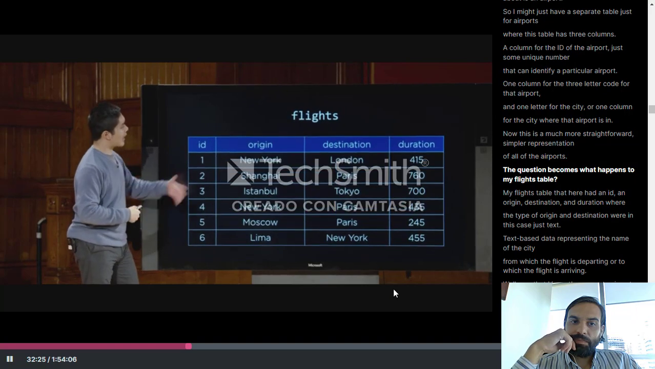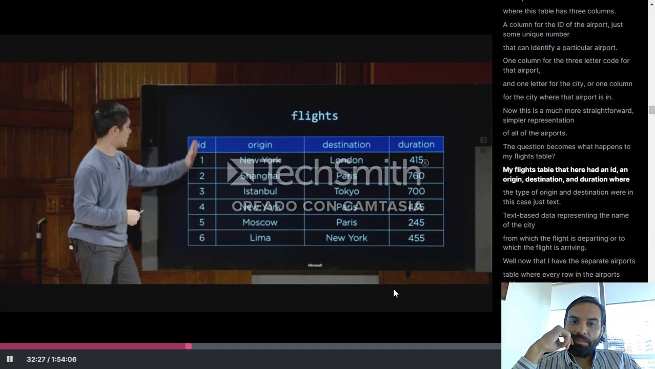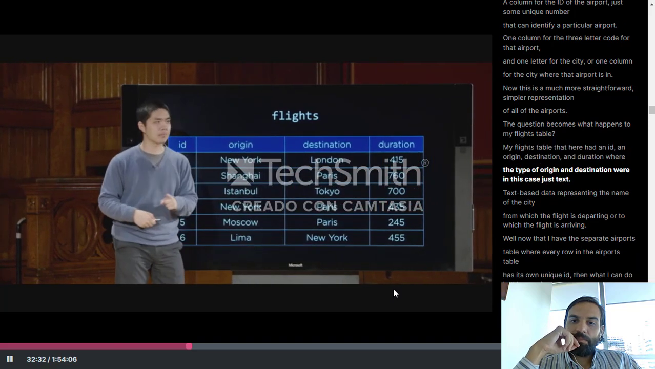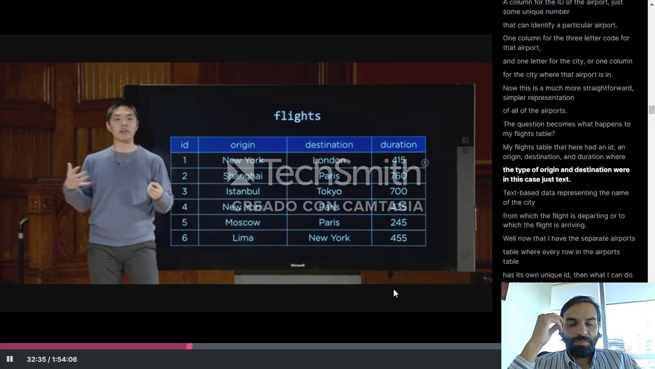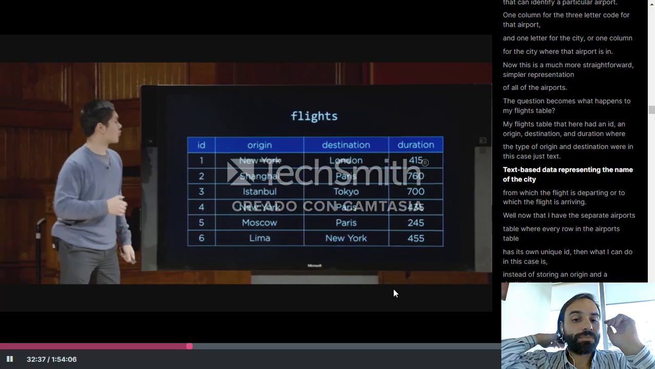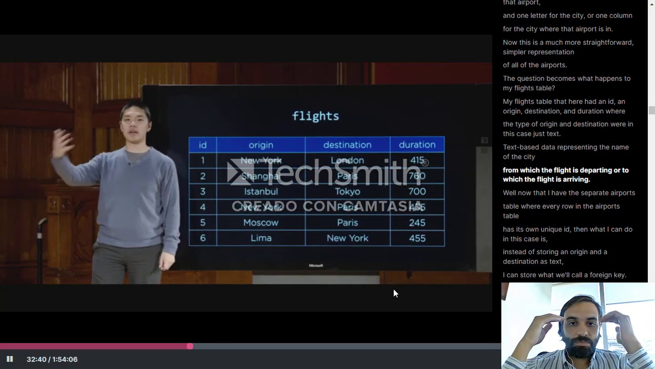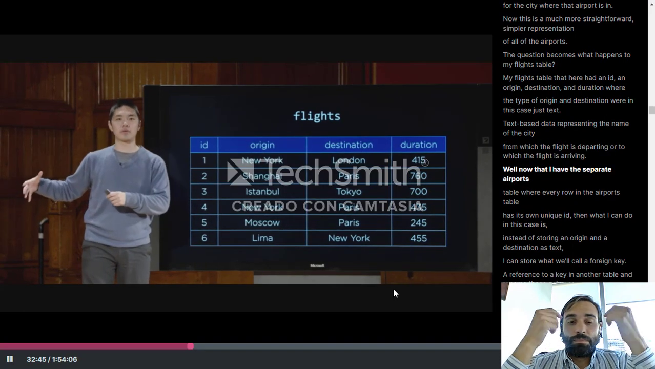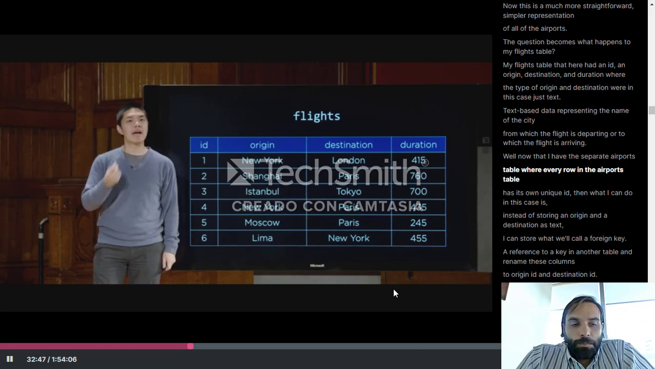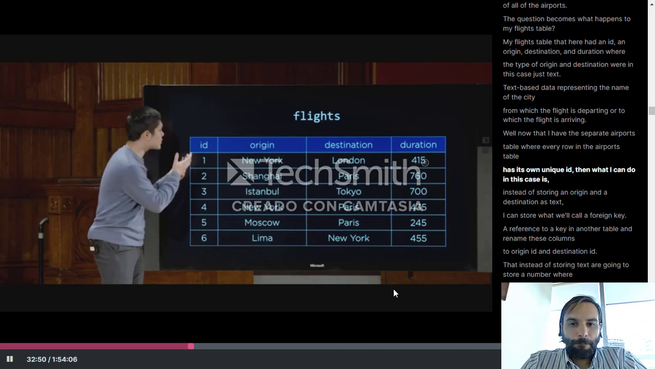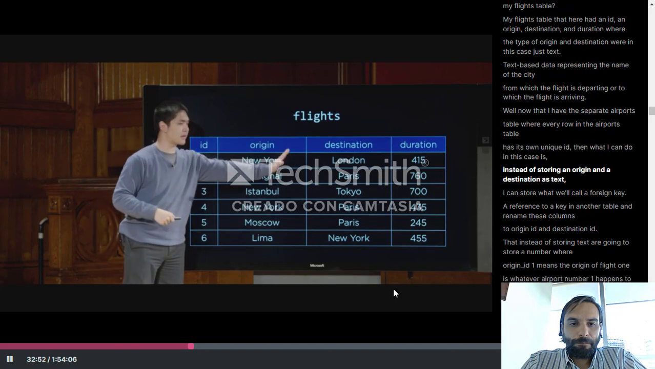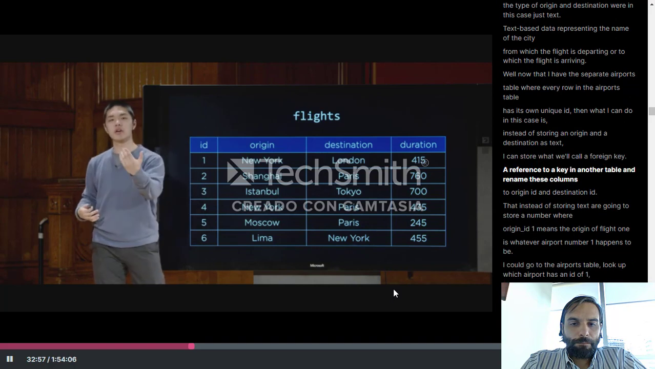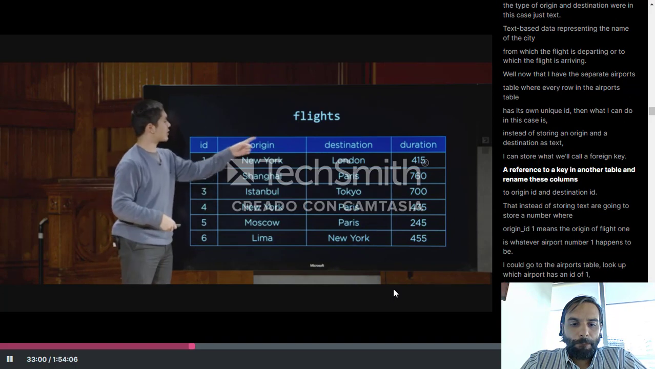And the question becomes, what happens to my flights table? My flights table that here had an ID, origin, destination, and duration, where the type of origin and destination were in this case just text. Text-based data representing the name of the city from which the flight is departing or to which the flight is arriving. Well, now that I have this separate airports table, where every row in the airports table has its own unique ID, then what I can do in this case is instead of storing an origin and a destination as text, I can store what we'll call a foreign key, a reference to a key in another table, and rename these columns to